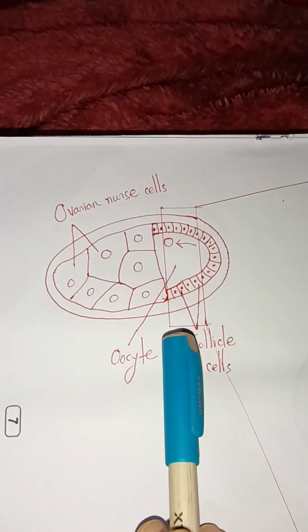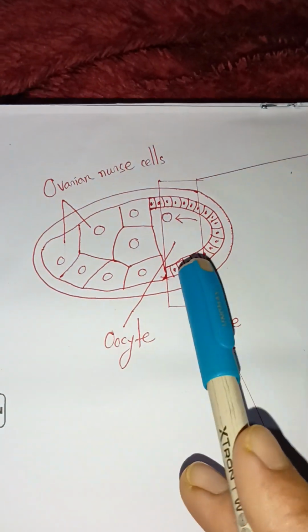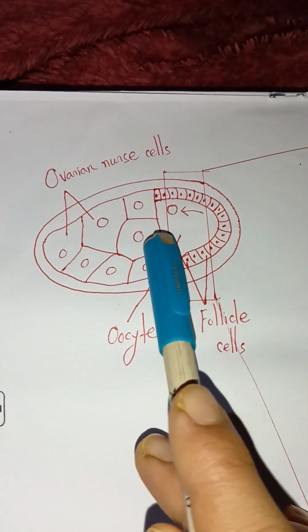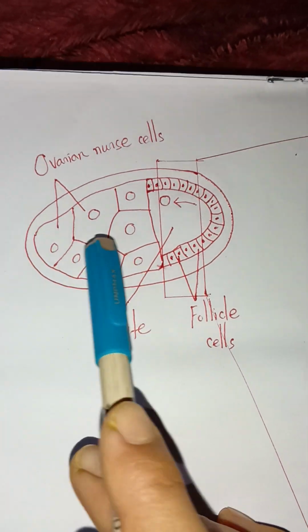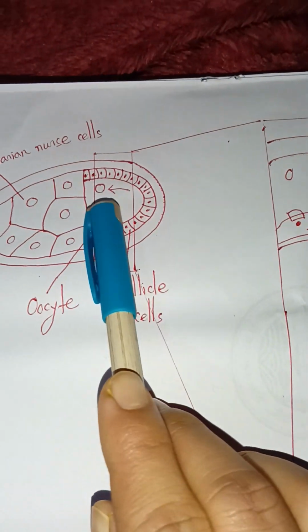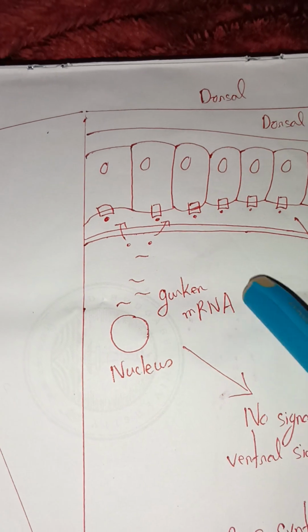So this is an oocyte containing the follicle cell and an ovarian nurse cell, and this is the nucleus. The oocyte nucleus moves to the anterior dorsal side. Okay, now we can zoom here. As this nucleus moves to the anterior dorsal side, there is a synthesis of an mRNA known